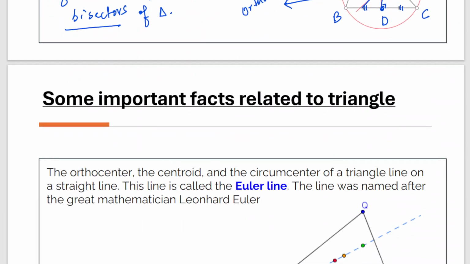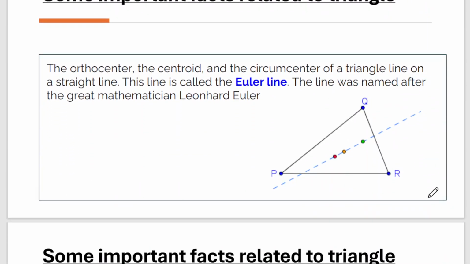Now, the orthocenter, centroid and the circumcenter of a triangle lie on a straight line. This line is called the Euler line. Now, what is Euler line? Euler line is that line where you can see orthocenter, centroid and circumcenter on a single line. In another word, we can say that orthocenter,